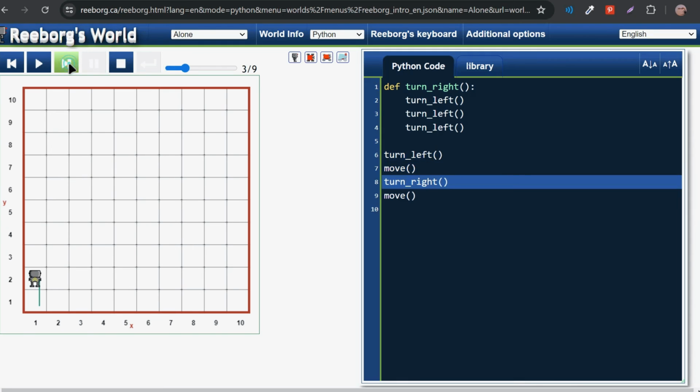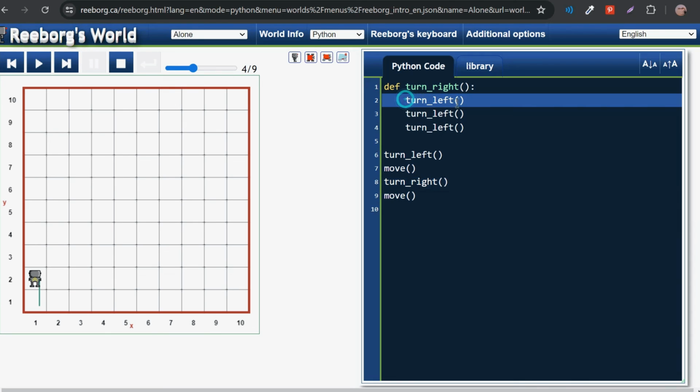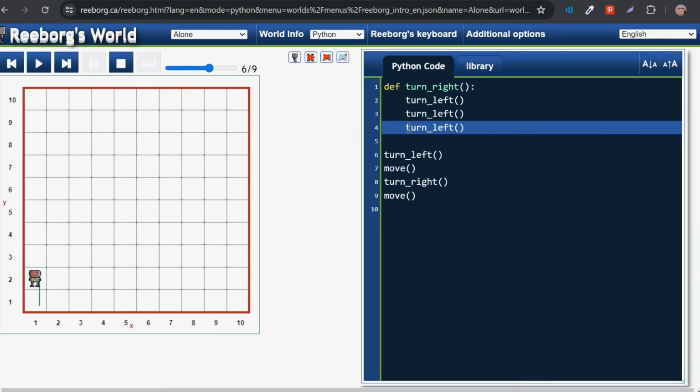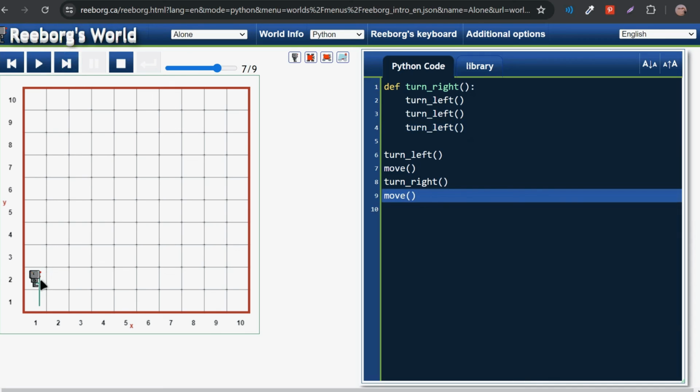It moves left, then it moves. After that it goes inside the turn right function, then it executes the lines inside the turn right function. So it has to turn left, then turn left again, and finally turn left one more time. And as you can see, it has changed its direction to right,